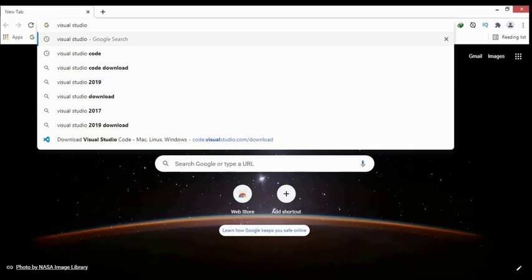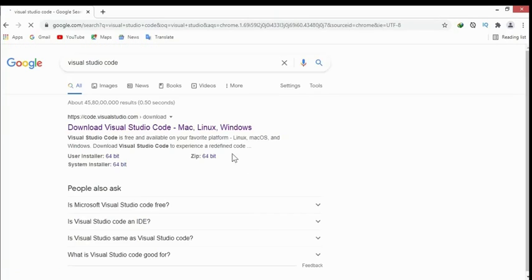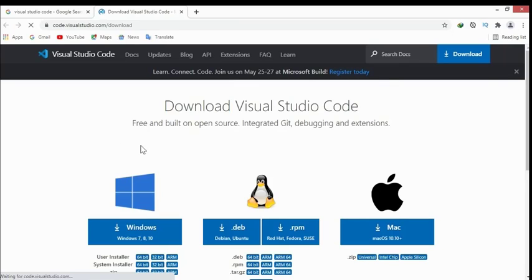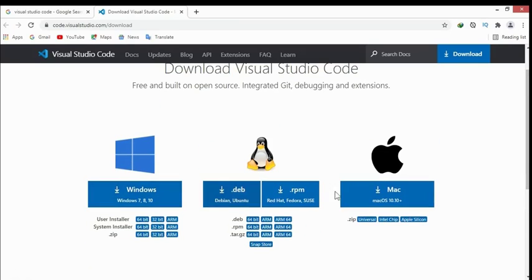So for that reason Microsoft, it's developed by Microsoft, has developed a lightweight text editor which is Visual Studio Code. So just open it in a new tab. It consumes much lower system resources, and it's cross platform. You can run it in Windows, Linux and Mac.